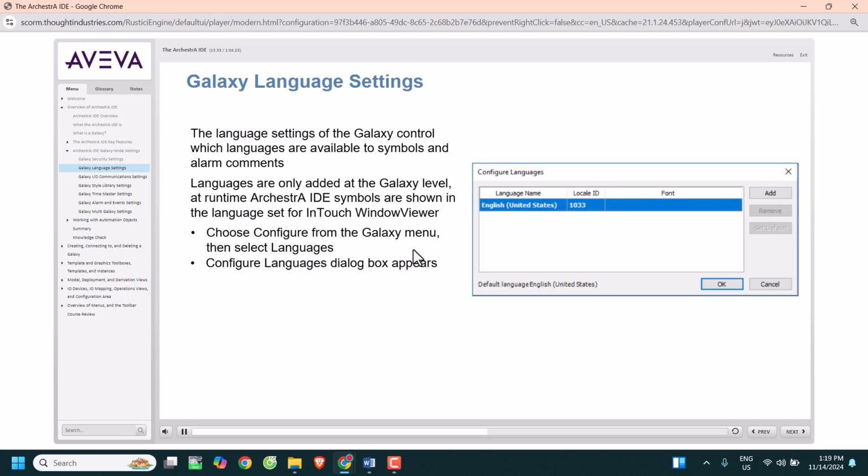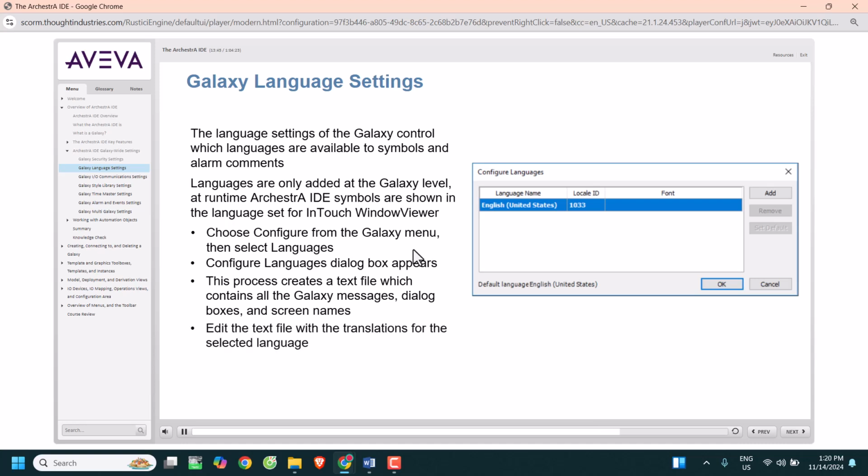The Configure Language dialog box appears. This process creates a text file which contains all the Galaxy messages, dialog boxes, and screen names. You edit the text file with the translations for the selected language.